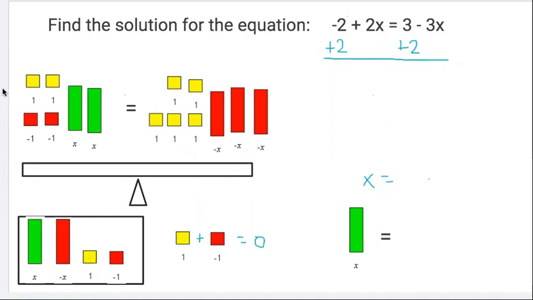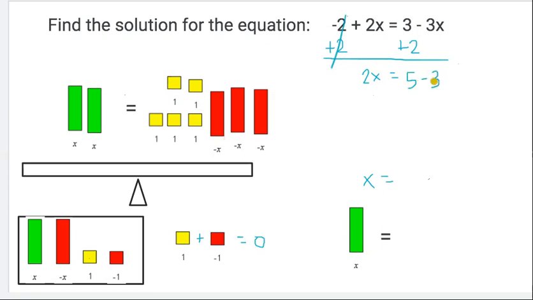Okay, now let's see what we can do to simplify this. 1 yellow, 1 red. Remember, 1 yellow, 1 red equals 0. So that goes away, so no more. 1 yellow, 1 red is gone. Okay, so I have 2x now left here. So negative 2 plus 2, that's just 0. So that's gone. So we have now 2x. And on the right-hand side, I have 1, 2, 3, 4, 5, because 3 plus 2 equals 5, and my